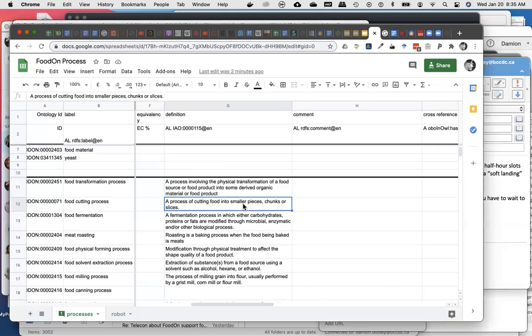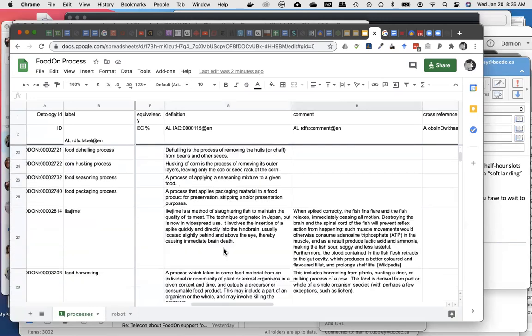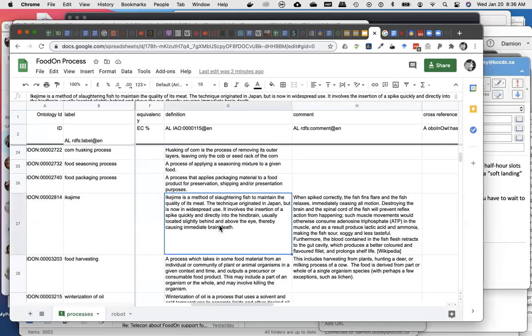But we try to make those one-liners, and any other kind of comments that elucidate on what this process is would be stuffed into the comment field. And that's true of other terms too. So these aren't finalized, these process definitions. They've been through one quick edit from their LanguaL home. Some of them are new, like Ikejime. I don't think that one's even in LanguaL. I added it, but